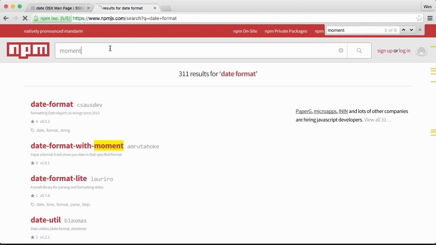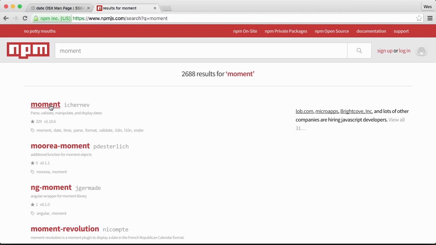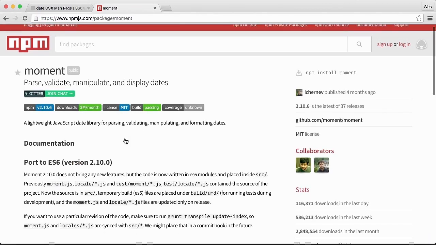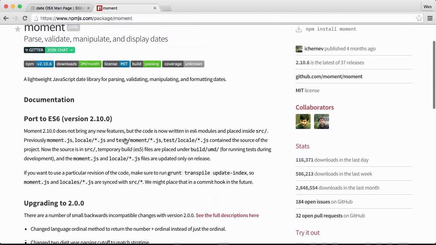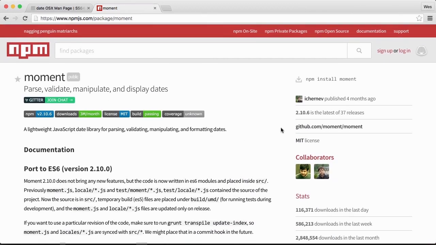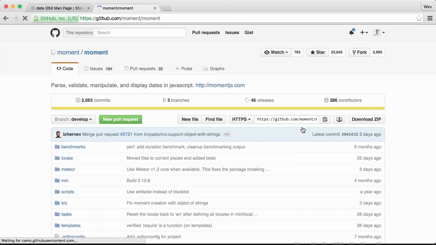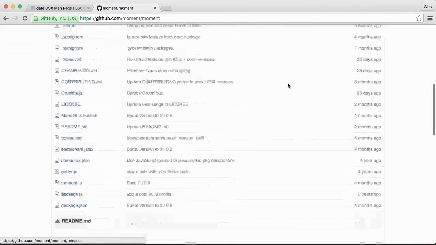This is one I've used a lot in the past. Click on the first result called moment. This is a library to help us work with dates. Specifically, I like the part of it that helps us display dates. If I click on the GitHub page, that's the repository for this moment module, Node.js module, and scroll down, you'll